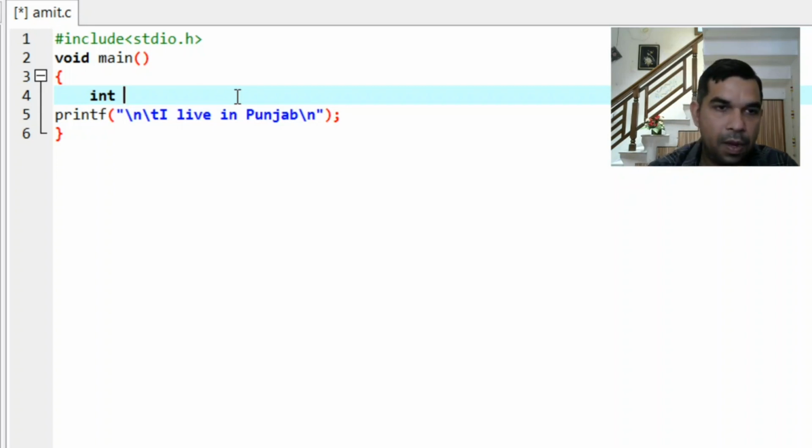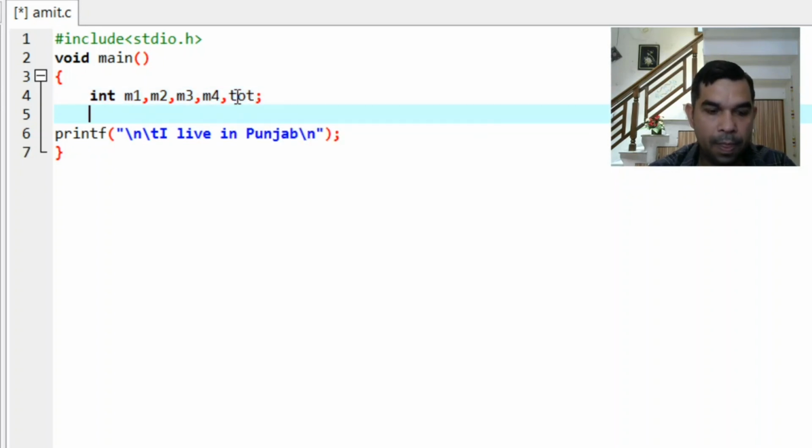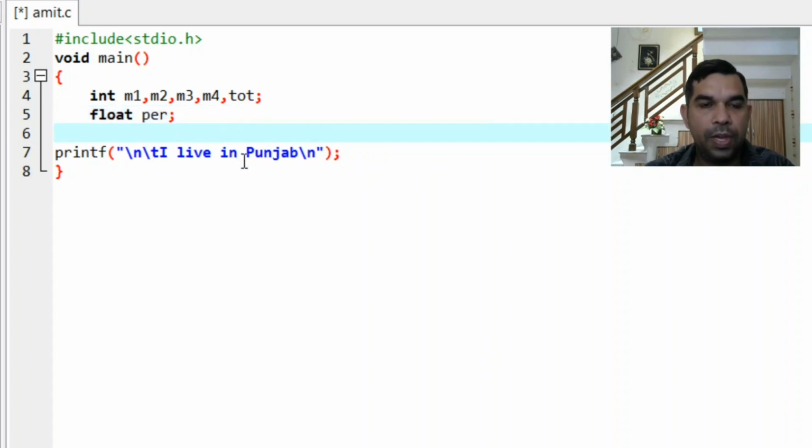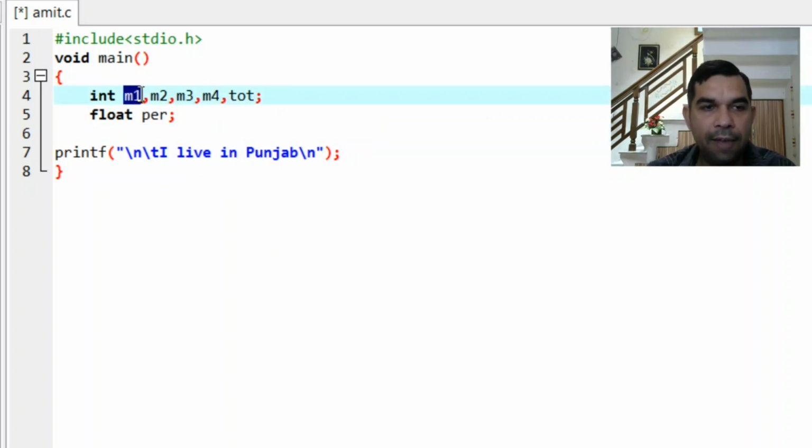Okay, now we have M1, M2, M3, M4 and total. Here M1, M2, M3, M4 and total are the variable names which we declared as integers.